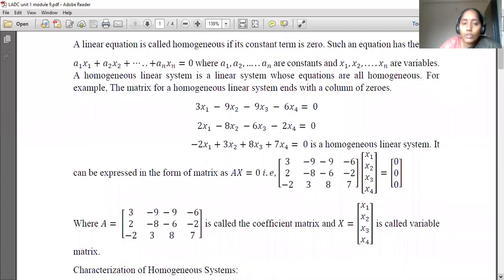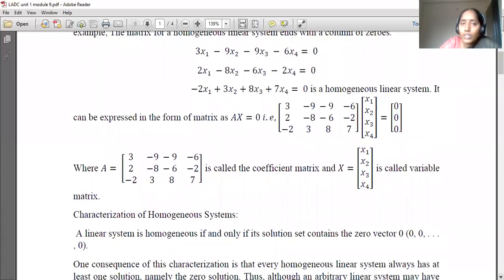Now, how do we find the solutions of this? Observe that in every equation there is no constant, and 0, 0, 0, 0 satisfies the equations. That means every linear homogeneous system has a solution, the zero solution, which always exists. That means the trivial solution always exists for this system. One of the important points is whether any non-trivial solution exists for this linear system of homogeneous equations or not. That's a very important point.